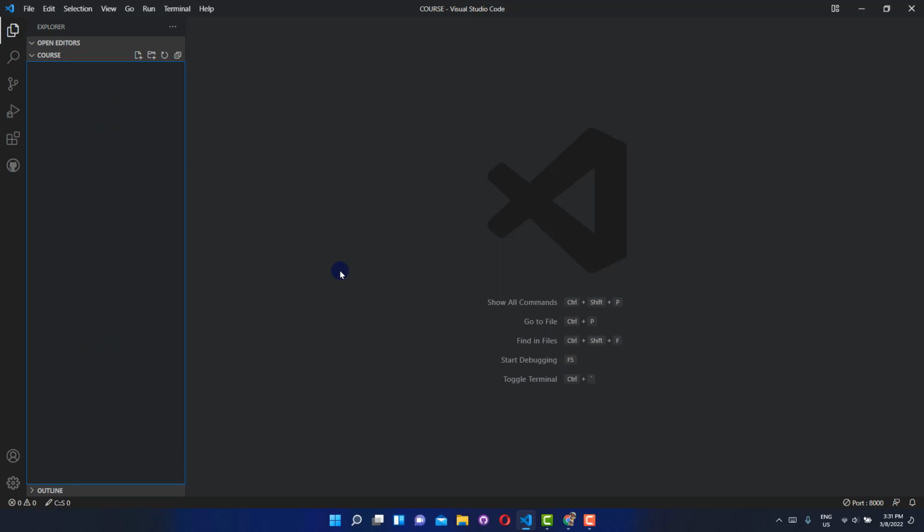Now let's begin explaining level headings. So in the folder course that I made, you can call that folder however you want. I'm going to make a new file, and again you can call it however you want. I'm going to call it level